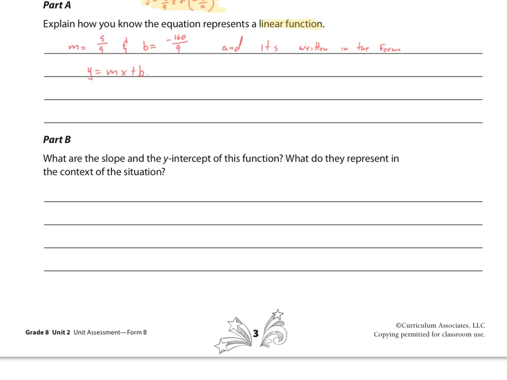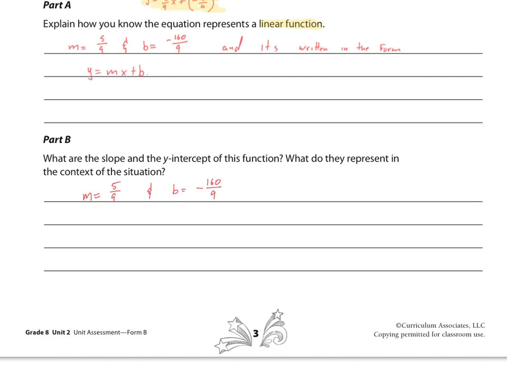Now, part B says, what are the slope and y-intercept of these functions? What do they represent in the context of the situation? So, we actually already did that part, so we just need to copy that information. m is 5/9, and b is going to be negative 160/9. Explanation is going to be a little bit challenging though. Okay,